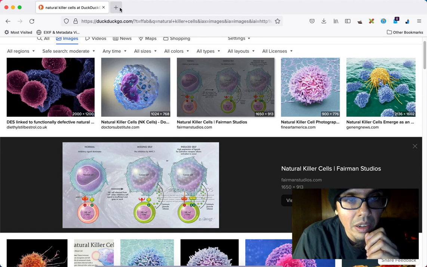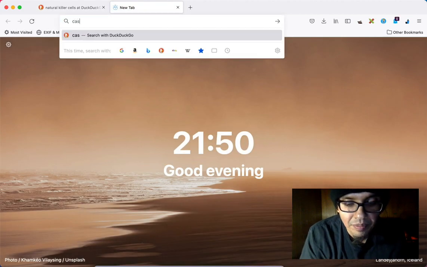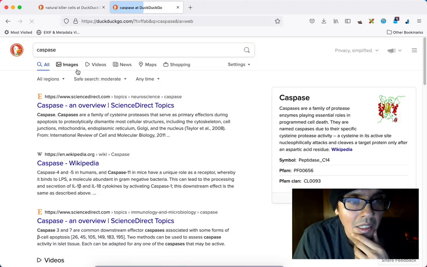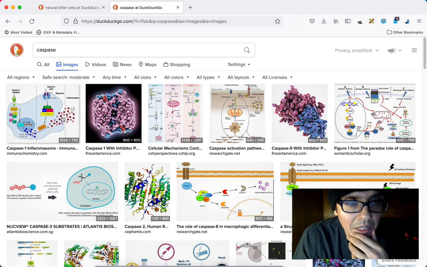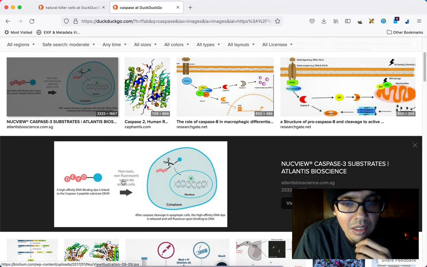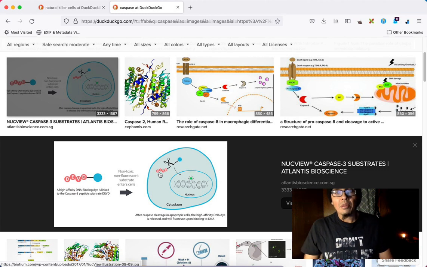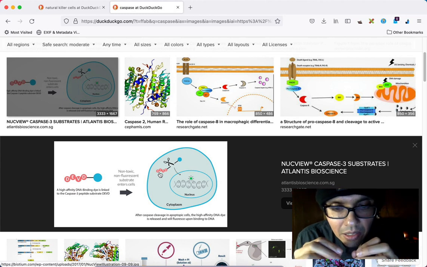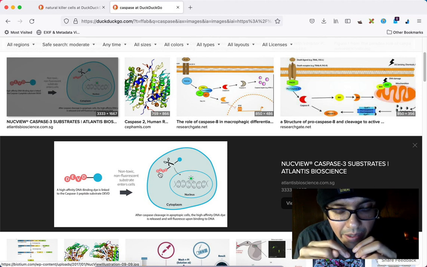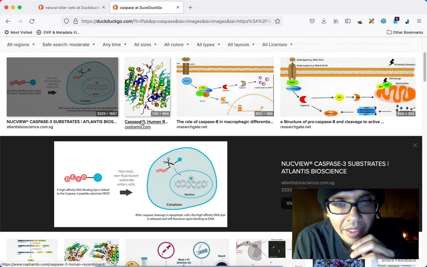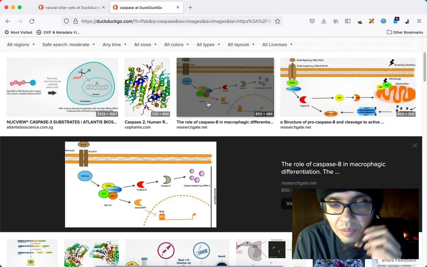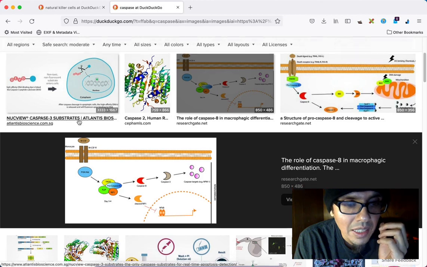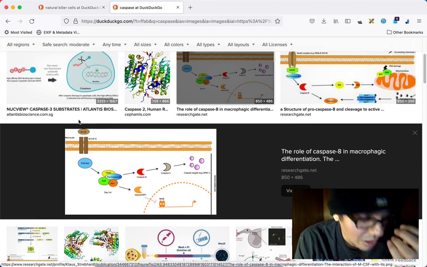Caspase is an important molecule, essentially the internal inflammation mediator. Within a cell, once it's activated, it goes around and cleaves different pieces of the cell, and eventually they lead to the controlled death of the cell